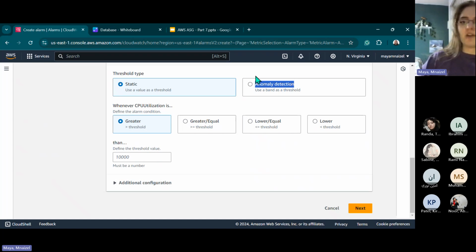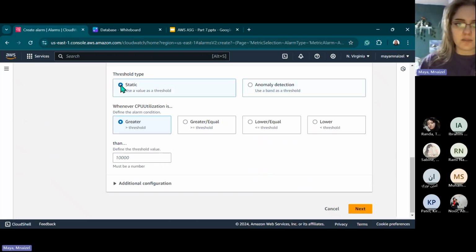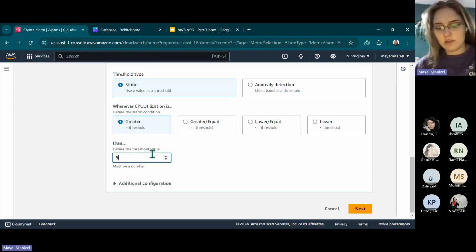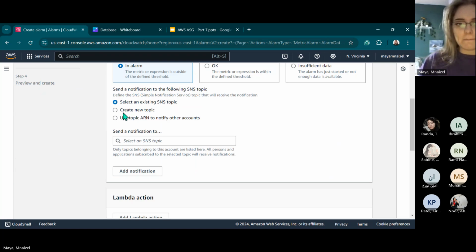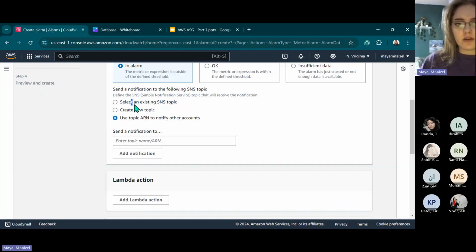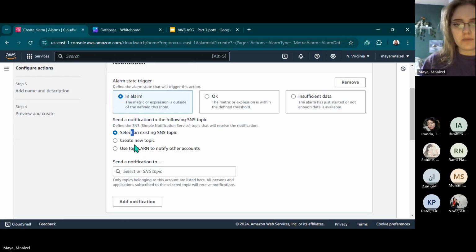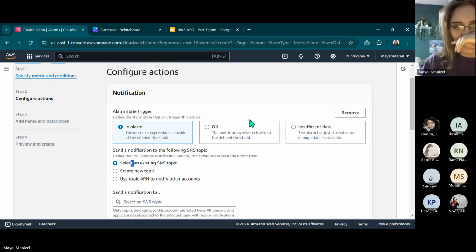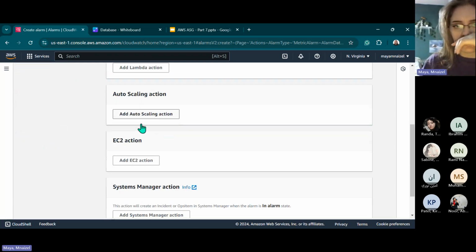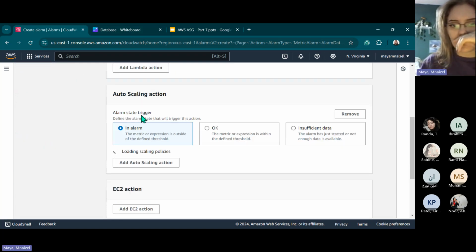So static, and we have anomaly detection. Oh, sorry. We have to say greater than, let's say 50%. So greater than 50%, it's gonna launch an instance. So next. Okay, select existing SNS topic. I don't want a notification. So we have an auto scaling action,